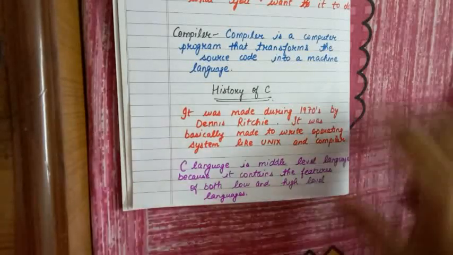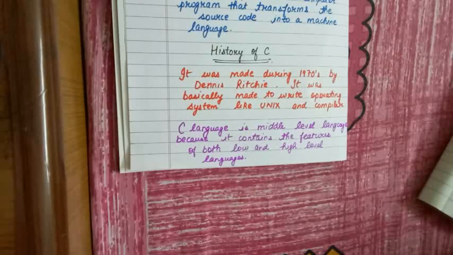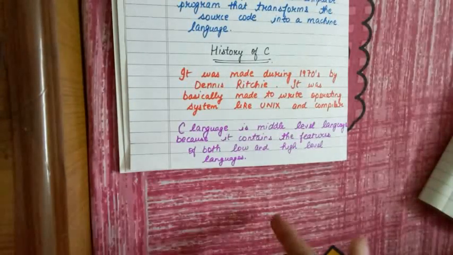Okay. So let's talk about the history of C now. It was made during the 1970s by Dennis Ritchie in Bell Laboratories. It was basically made for Unix, just for the sake of Unix. Now it's not limited to Unix, I mean to say it's not limited to the operating system or the compiler. We can create as many things as we want through C. Like if you have a craze for games and you want to create one, then you can learn C for creating it.